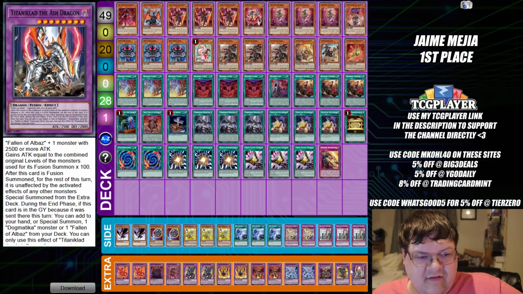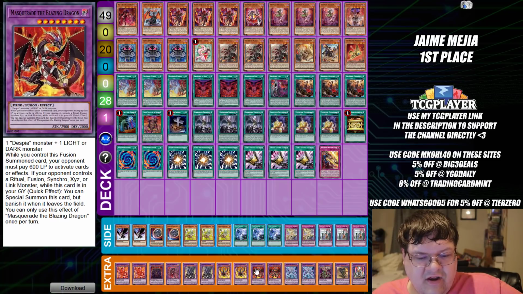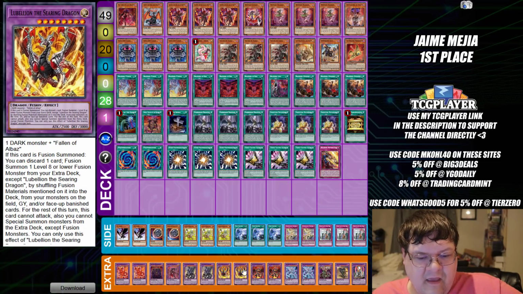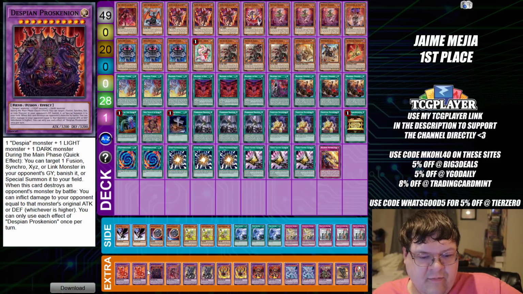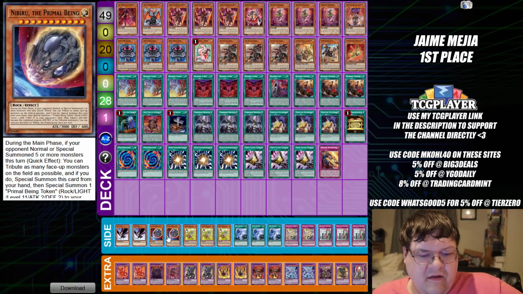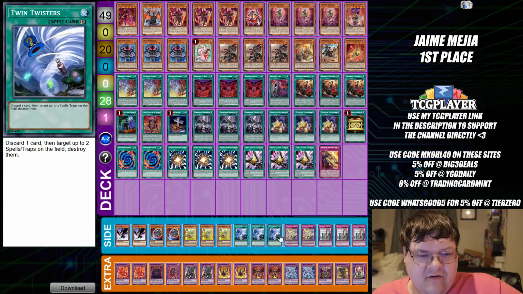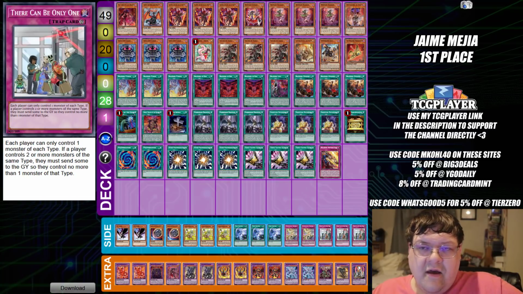Down in the extra deck we have 1 Titanic Clad, 1 Sprint, 1 Dragostapelia, 2 Mirror Jades, 2 copies of Masquerade, 2 Lubellions, 2 Guardian Chimeras, 1 Quadratus, 1 Preskinian, and 2 Albions. Side deck here we have 2 DD Crow, 2 Nibiru's, triple Token Collectors, triple Twin Twisters, 2 Dimensional Barrier, and triple copies of There Can Only Be One here. Wrapping up, you guessed it, ladies and gentlemen,